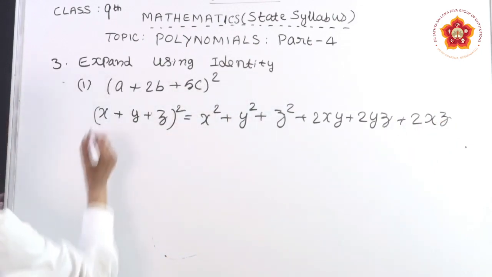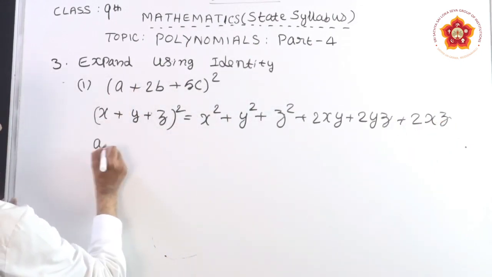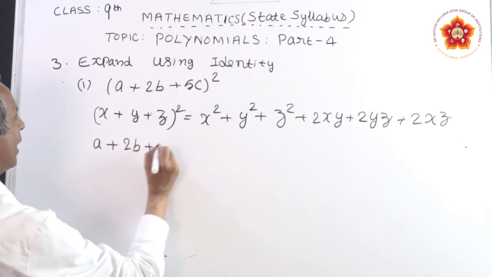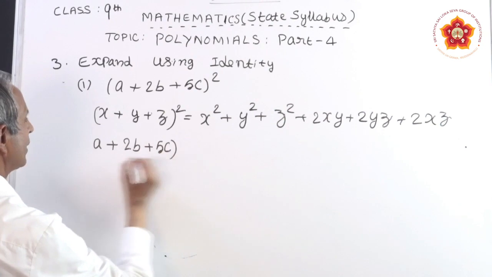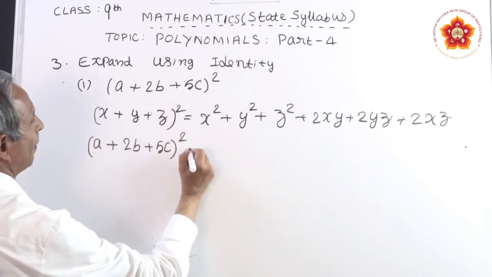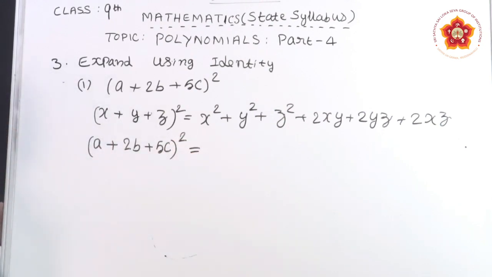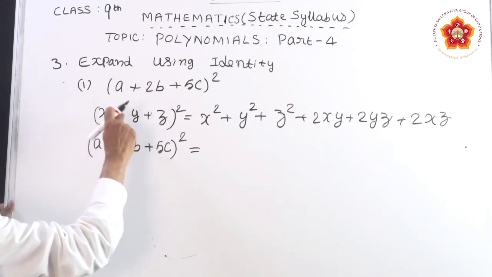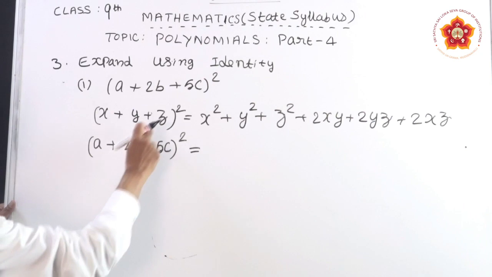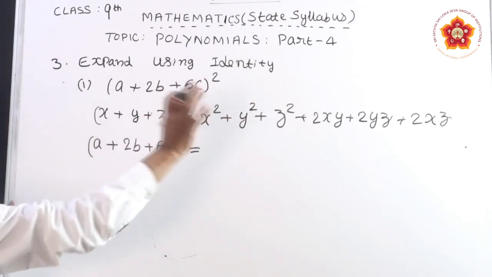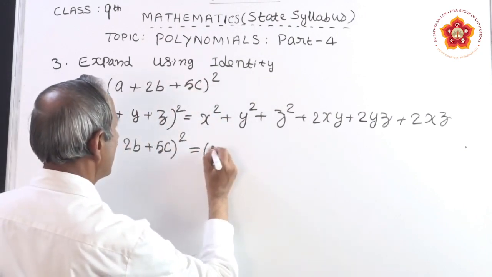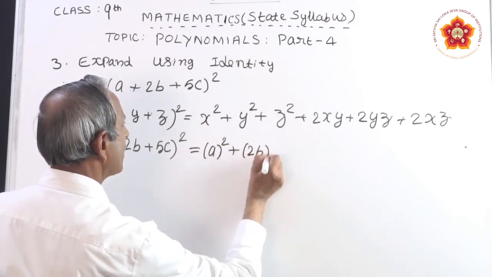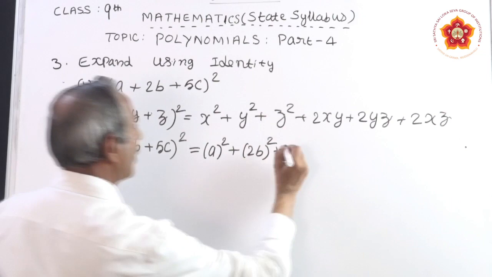Now in the given problem, instead of x, a is there, write a here; in y place 2b is there; and in z place 5c is there, whole square. Now it is very easy. Wherever x is there, substitute a. Wherever y is there, substitute 2b. Wherever z is, substitute 5c in the formula. That's all. Then you will get a whole square plus 2b whole square plus 5c whole square